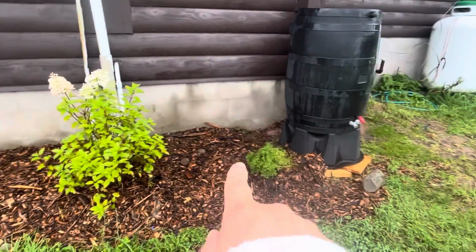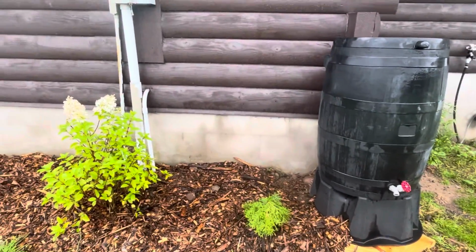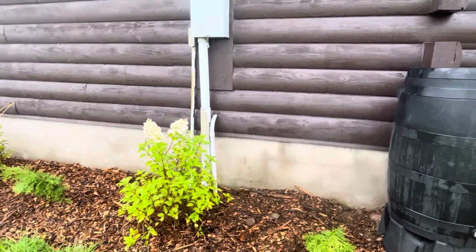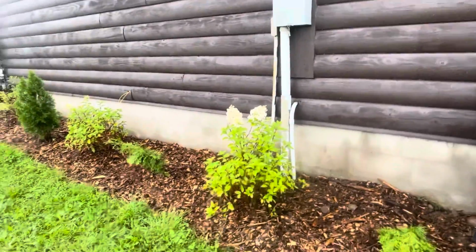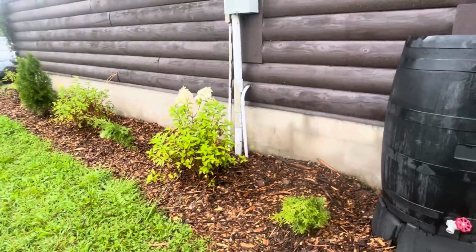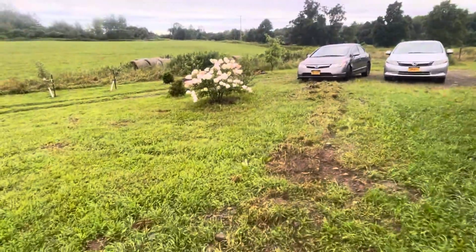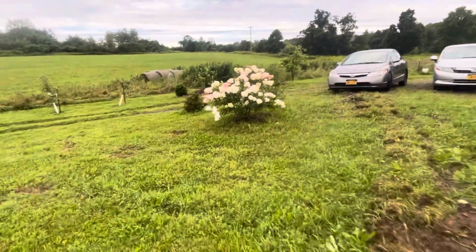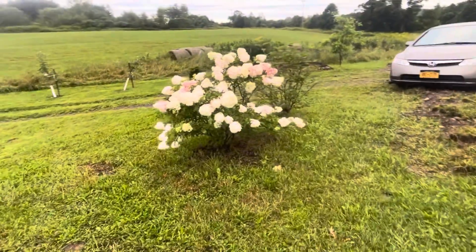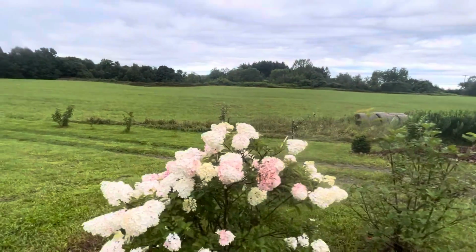Bobo, North Pole, and our water saving barrel, which I've actually used a fair amount. So there you have it. This would be the west facing side of our house. That is another Strawberry Vanilla, which was gifted to me. I do have on this property, I have not pointed them all out, I probably have just about every